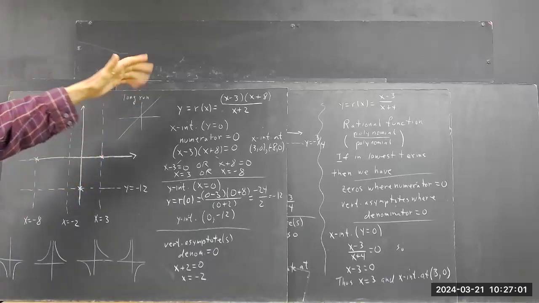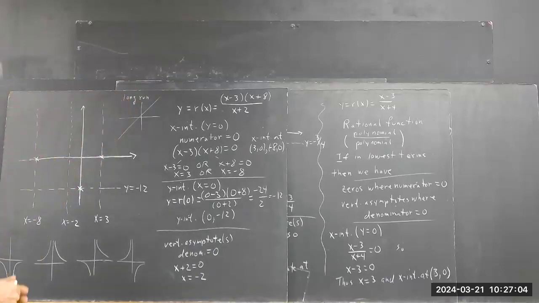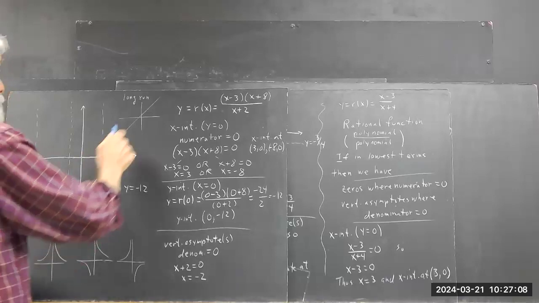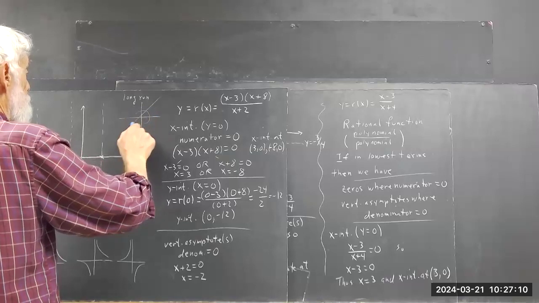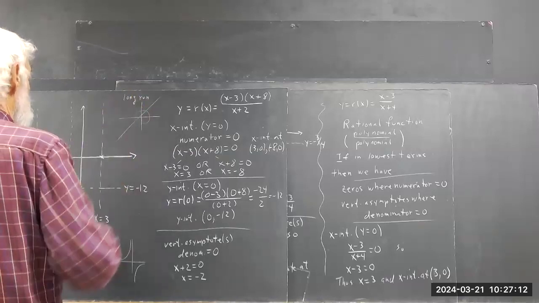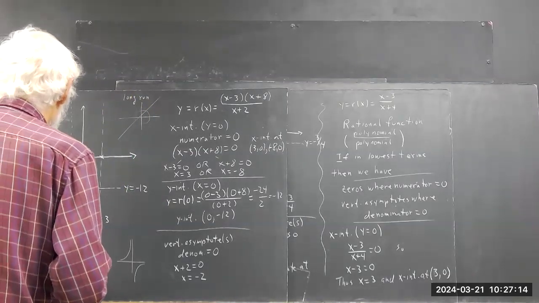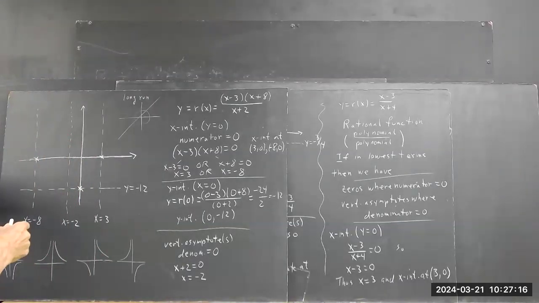Pretty much like a straight line with wiggles in the middle. So I'll indicate that here. A straight line, and your wiggles can include asymptotes. Okay, well, what then has to happen is